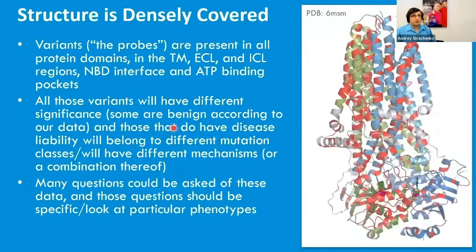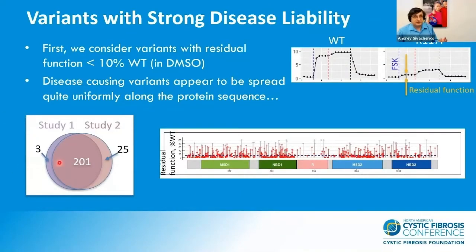Here we just map all those 650 variants in our data set again, but just on the protein 3D structure, just to illustrate one more time that we have the structure very densely covered. Okay, we have representation. Our mutation probes are pretty much in all structurally important regions: membrane spanning, nucleotide binding domains, transmembrane segments, extracellular, intracellular loops, whatnot. So this just further suggests that we can try asking a lot of different questions of this data, but also that those questions should be very specific and that we should carefully consider specific phenotypes to navigate the complexity of the data. So the first question one might want to ask is, of course, about the disease liability of all